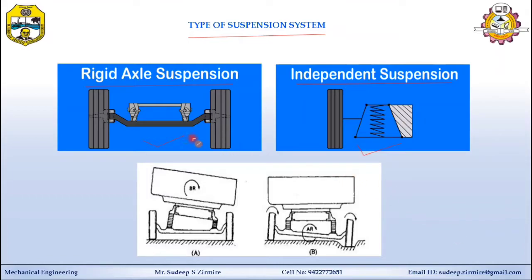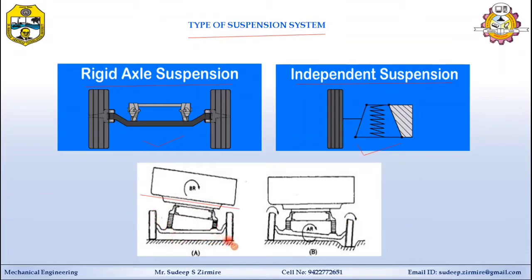There are basic differences between these two types of suspension. In the second figure, figure A, you can see the spring on one side is affecting the other side, so the body or frame of the vehicle is tilted. This case you can see in the rigid axle suspension or conventional suspension when it comes across